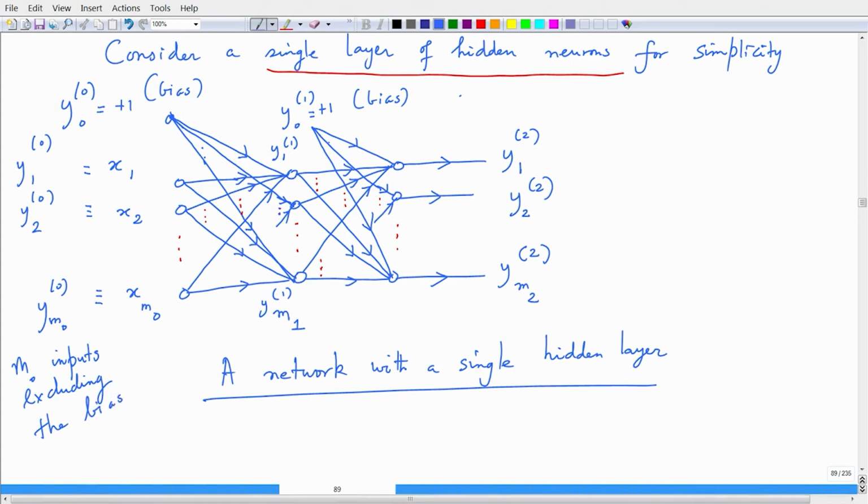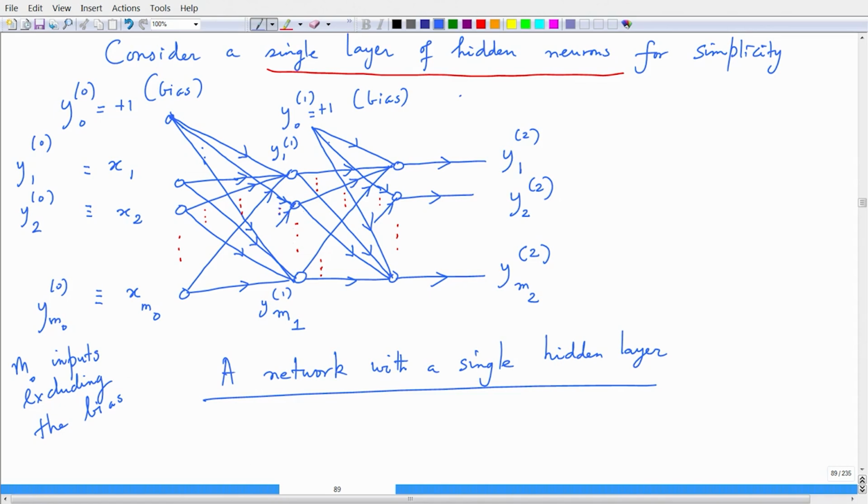We saw the basic model of a neuron: we take W transpose X, and we have phi of W transpose X plus bias. If I give you some input vectors, you project them with the weights, add the bias and take this nonlinear function. This is what is basically happening here. I have all these inputs, and these inputs are all connected to these neurons. So I have a single layer of hidden neurons,